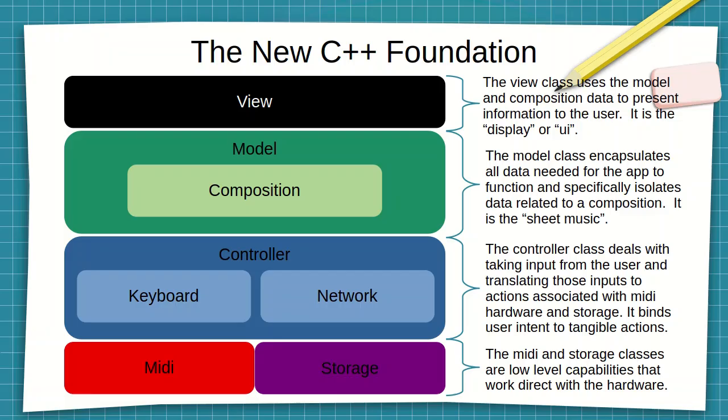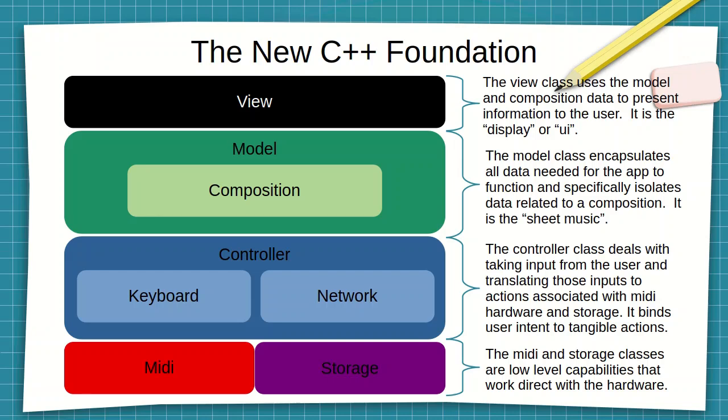In this diagram, you can imagine the black box called View as the display of the program. The blue controller box is the user interface that allows you to do stuff with the program. The green model box is the data that represents your song and what you are currently doing with the program. Most often, the View and controller classes will work with the model data that represents your composition or song. The red MIDI and purple storage boxes also work with the model and composition data, but a bit less often,